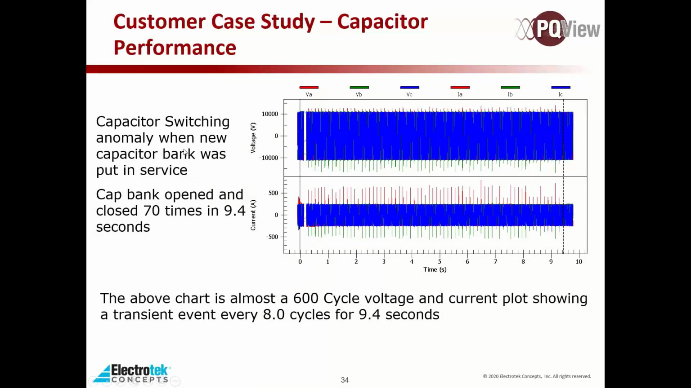This was an interesting one. This customer found an issue using PQView where they had a cap bank that was newly installed, and it was opening and closing. It opened and closed 70 times in 9.4 seconds. So you can actually see that happening over here. This is a real oscillography that's being shown here. So kind of wild there. Obviously, if that had resulted in the bank failing completely, it could have been quite a loss